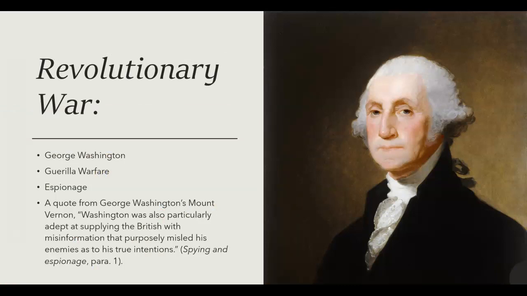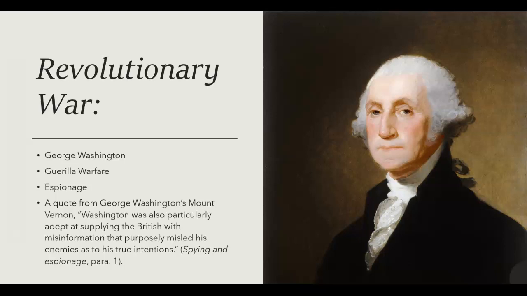The Revolutionary War was the war that the early American colonies fought to get independence from the British. George Washington was the leader of the Continental Army that fought. It was a much smaller army, almost a ragtag team, you could say. So they used things like guerrilla warfare and espionage to fight these larger British forces. Guerrilla warfare is just a form of unconventional warfare where small groups of irregular military use things like ambushes, sabotage, raids, petty warfare, hit and run tactics, and rebellion in order to fight a larger, more organized army and stuff like that.